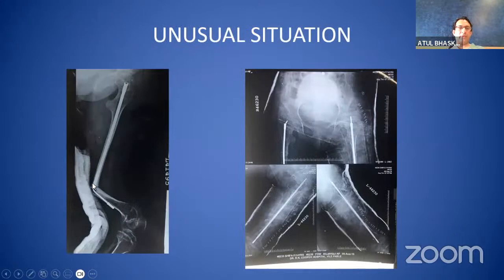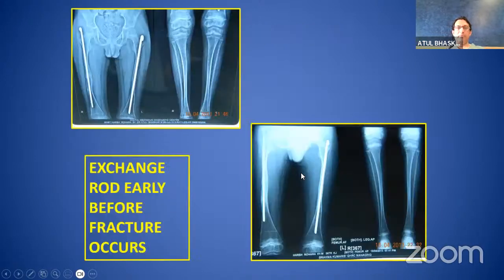In this case, the rod came out of the bone itself. So this child had a fracture, the male rod bent and came outside the bone, and this has to be revised again to an FD nail. You can see this bent nail here because of the problem with getting the cutter inside. We have a very crude cutter. It doesn't cut the rod very neatly. So you can face these problems sometimes.